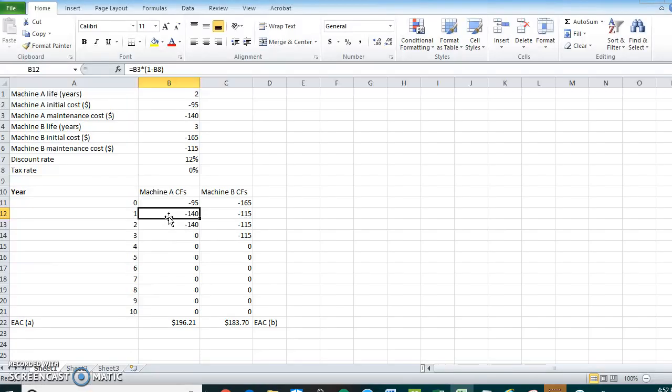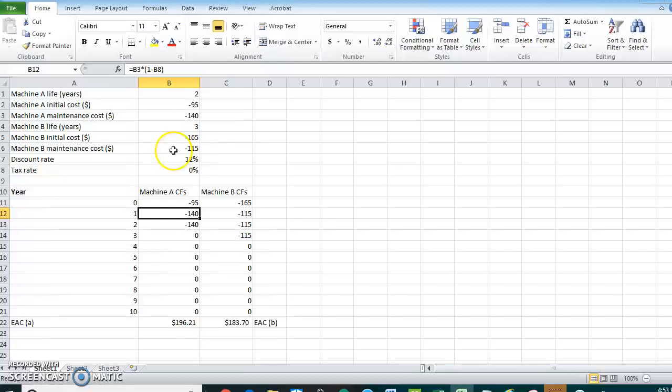So for year 1, we've already paid for the machine. Now we're looking at maintenance. So year 1 is maintenance cost. For machine A, that is cell B3, times 1 minus the tax rate. So these are my cell references, but your cells should look the same. I think yours are going to be D's and C's based on what the simulation has you do. But for me, it's